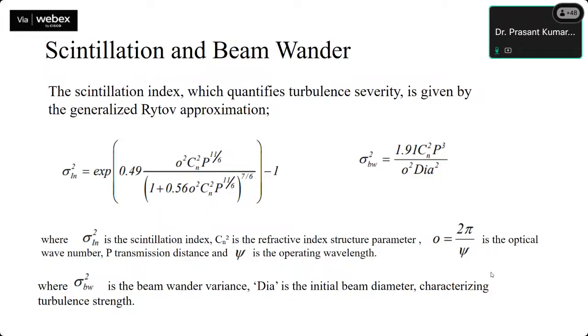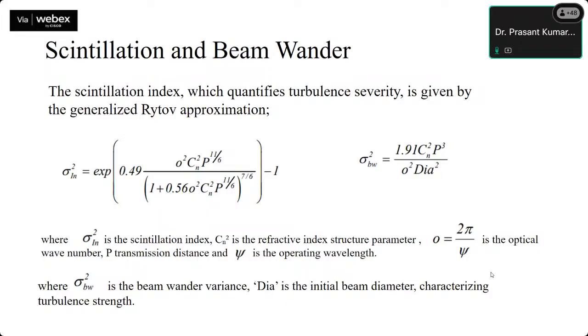You have the Cn square, the refractive index structure parameter, and this k that I mentioned here is the optical wave number, and this L is the transmission distance, and lambda is the operating wavelength. Which can be user dependent. That means, as I said, the entire band is available, 200 to 1600 nanometers. Based on the applications, one has to select, and then substitute that number to calculate this scintillation index, which in turn will decide whether your link is suffering from weak turbulence, moderate turbulence, or strong